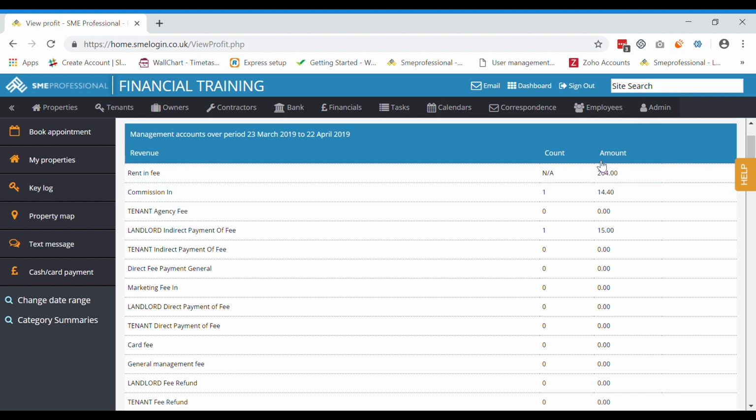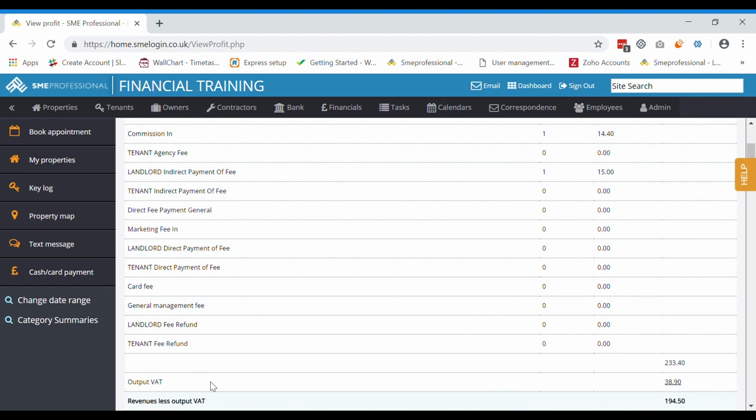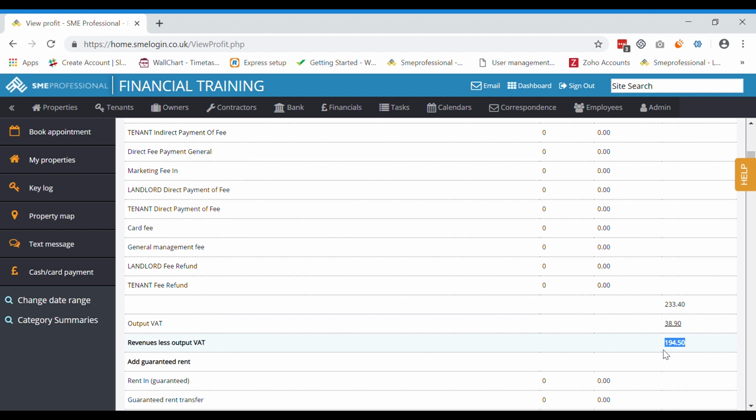So it shows you the rough breakdown of the rent-in fee and the total here, any commission, any tenant agency fees, landlord and direct payments of fees, etc. If we scroll down, you see under tenant fee refund, so debit categories which denote refunds, you've got the total amount taken as fees here, including VAT. So £233 in this case. It is test data, so it shows this amount. Underneath, you've also got the breakdown of the VAT on that, and then the amount underneath minus VAT. So you'd be transferring over to your bank as taking fees